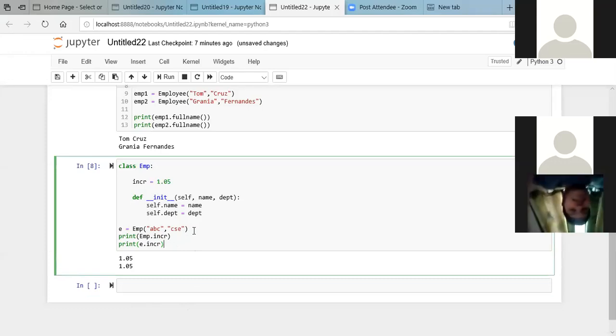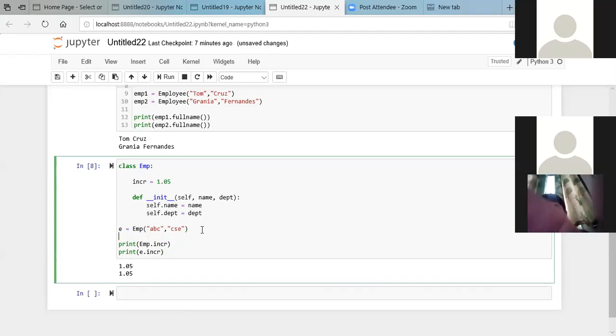Let's say I create another object after this, E1 equals EMP, let's say PQR, EXTC.